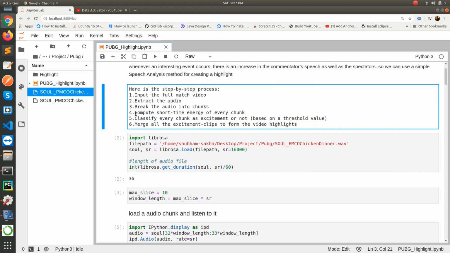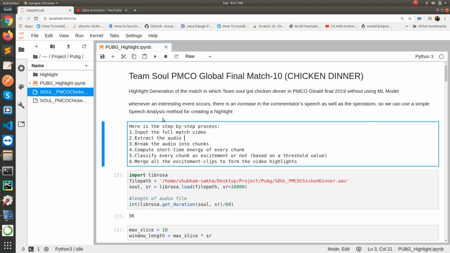Then we'll see the maximum threshold value, or at what time the viewers' and commentators' sound got loud, because whenever interesting events come, the commentator speaks loudly and the spectators also cheer. So we'll extract those parts for making the highlight.